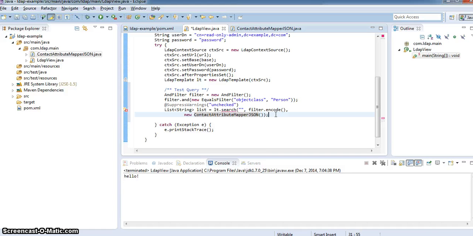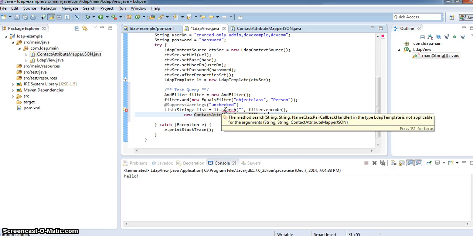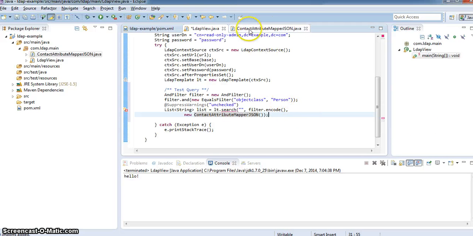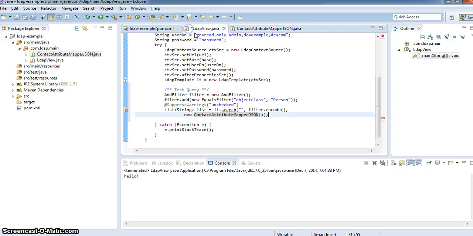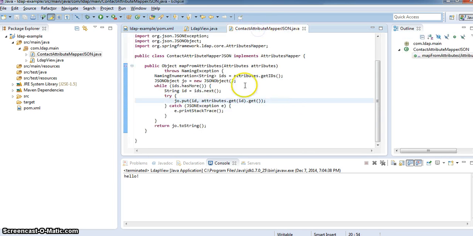I don't know the exact Java terminology, but I'm pretty sure. I hope that explains it. So I have no idea why this is giving me an error here. But in this contact attribute mapper JSON, oh, thank you, Eclipse. In this contact attribute mapper JSON, what I did is I will be returning an object